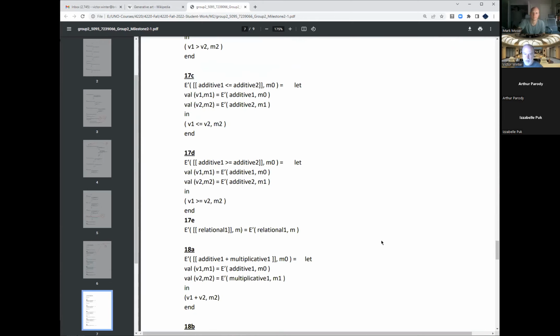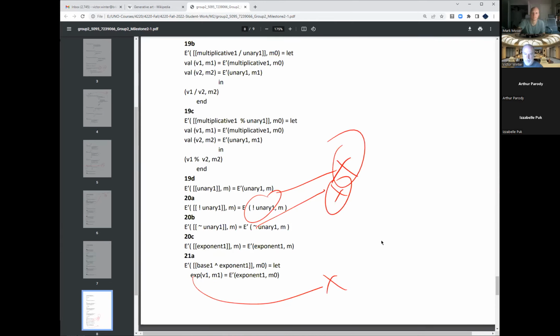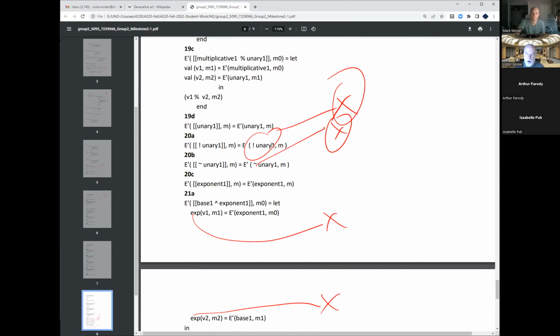Okay. Let's see here. And then this one here, remember what goes here is a parse expression. So something that is a parse tree, right? And so in milestone 4, it literally will be the parse tree produced by the parser. Think of it like an object, right? So you can't just say negative my object. So you have to,